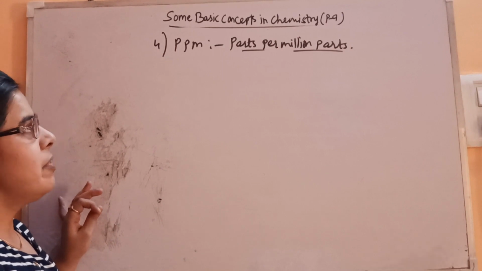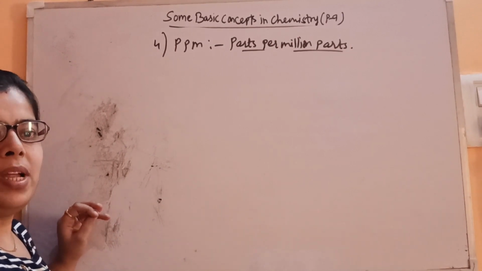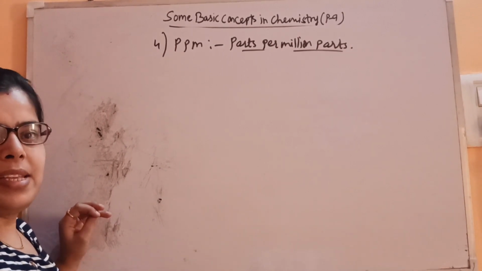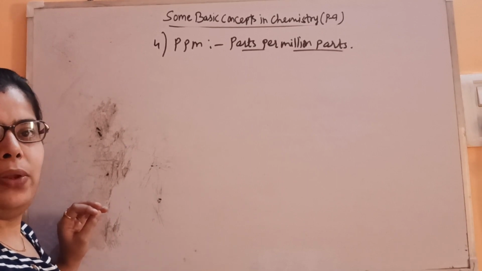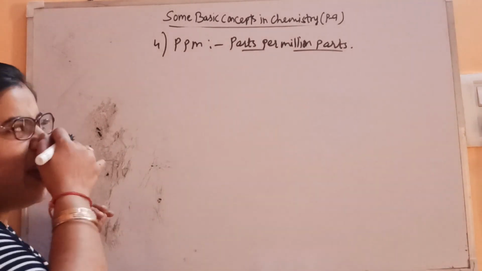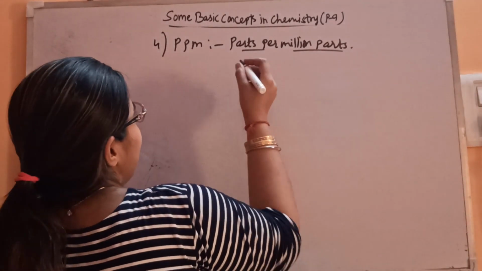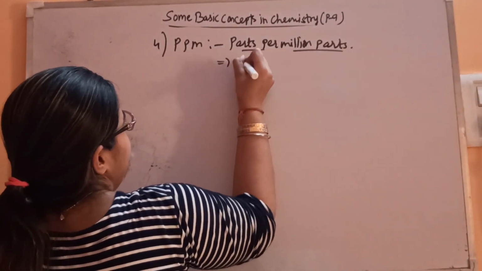So in that case, we have to choose another term so that it gives a larger value, so that it can be reported. Fine. So parts per million parts is used